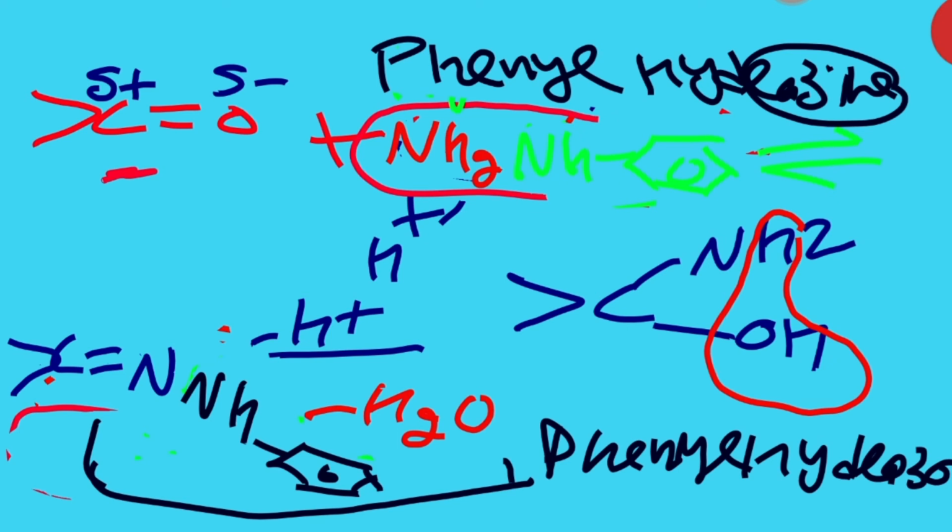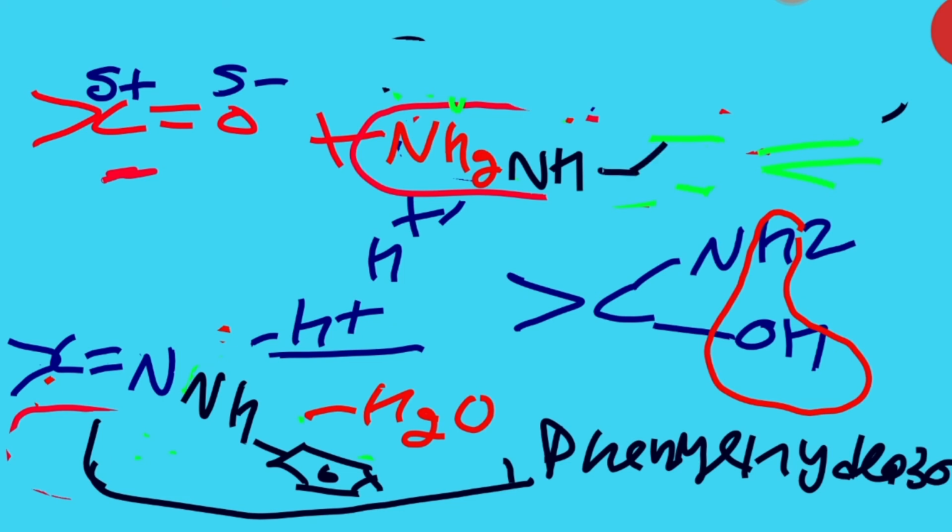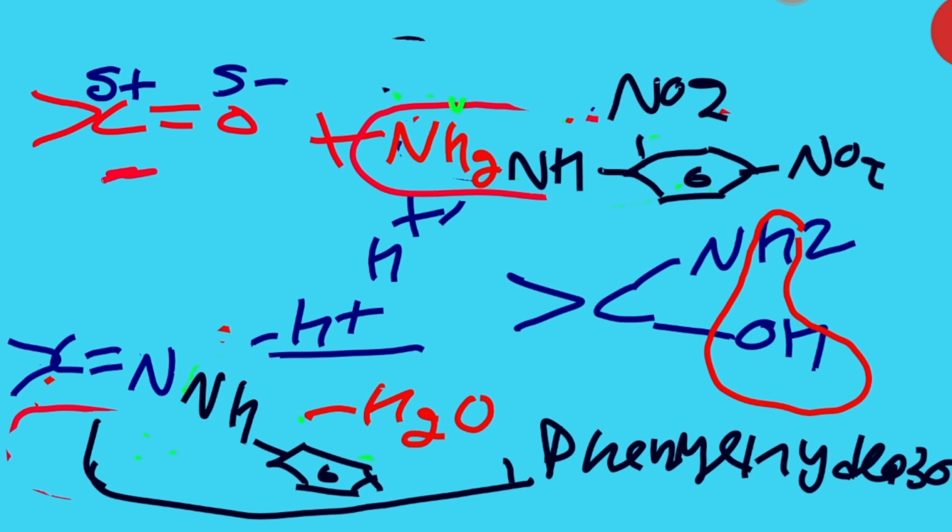Okay students, after that we can see the next one. We can change further the value of Z. The next value of Z that we have written there is NH2 NH, then after that a ring is there. Just wait, I will rub this wall. Yes, a ring was there, and to the ring NO2 at the second and fourth position. Clear? Yes or no?